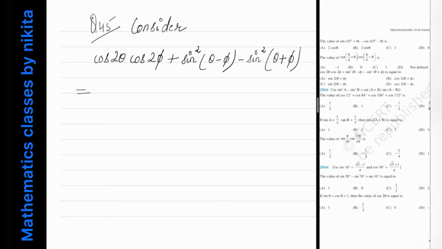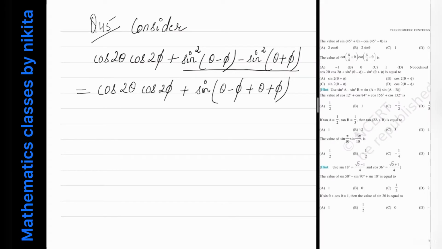So basically ये जो चीज़ है this is of the type sin square A minus sin square B. So I will write this as cos 2 theta into cos 2 phi plus, use the formula that this is equal to sin of A plus B. So this will be equal to sin theta minus phi plus theta plus phi into sin of A minus B. So theta minus phi